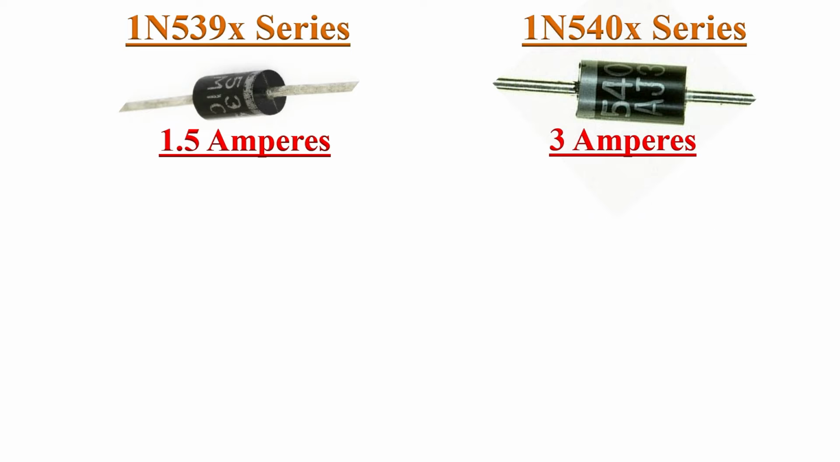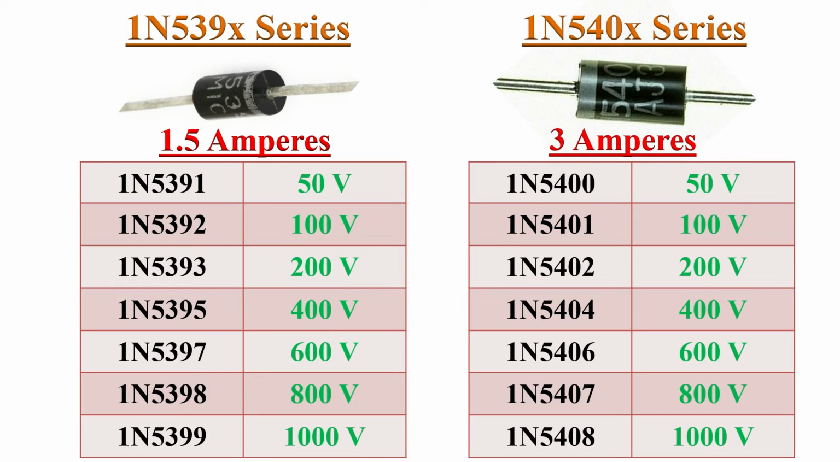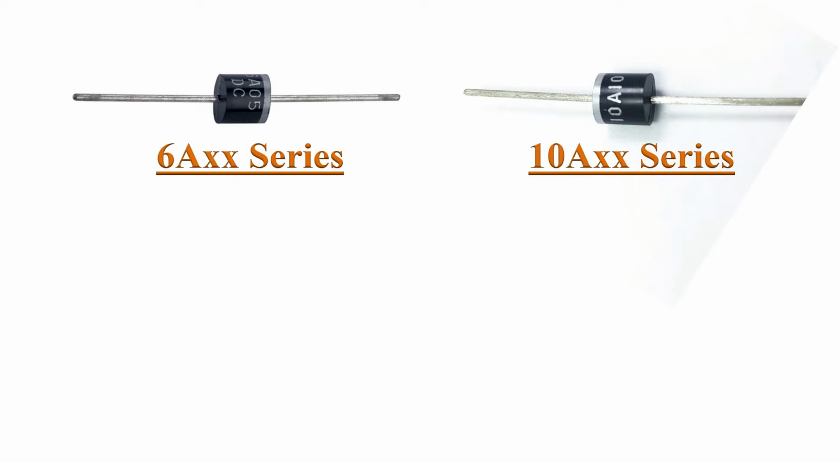For current ratings of 1.5 amperes and 3 amperes, we can use 1N539X and 1N540X series diodes. Their voltage rating starts from 50 volts to 1000 volts. For high current applications, we use 6A and 10A series diodes with current ratings of 6 amperes and 10 amperes